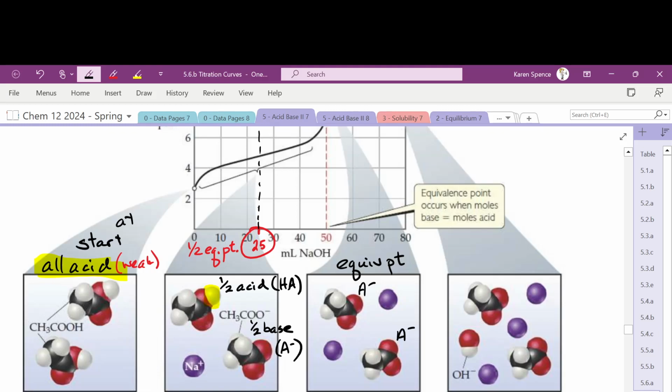Yes, and there's some spectator ions floating around in there. So it's all weak base. So at the start, all weak acid. Halfway, half acid, half conjugate weak base. At the equivalence point, all weak base. After the equivalence point,